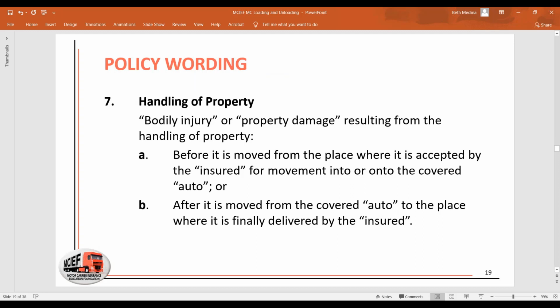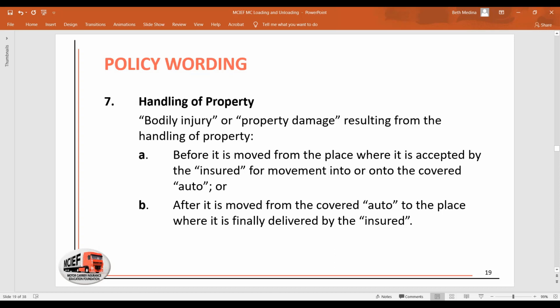We exclude in 7, handling of property. We exclude, meaning don't pay for, bodily injury or property damage resulting from the handling of property before it's moved from the place where it's accepted by the insured, meaning while it's sitting on the dock. So we exclude it before that. But once the insured starts the movement onto the covered power unit, it's no